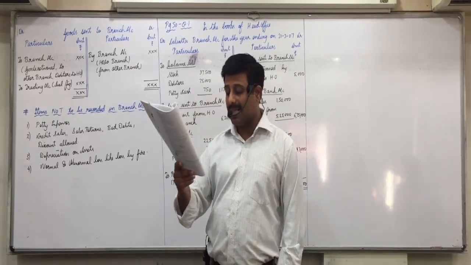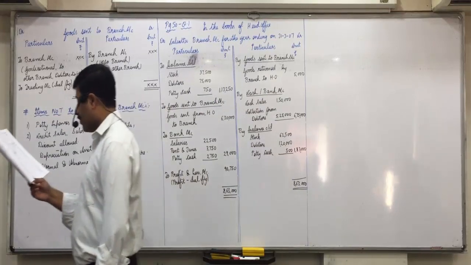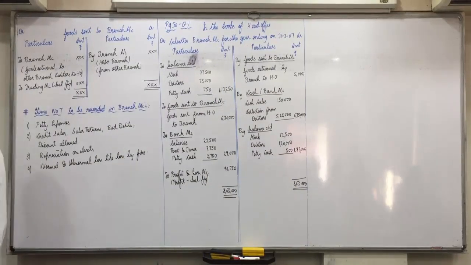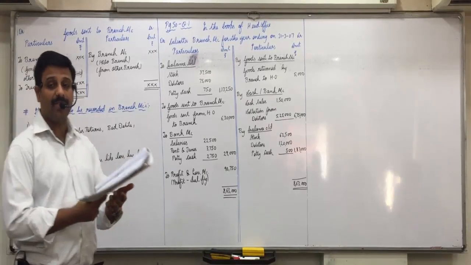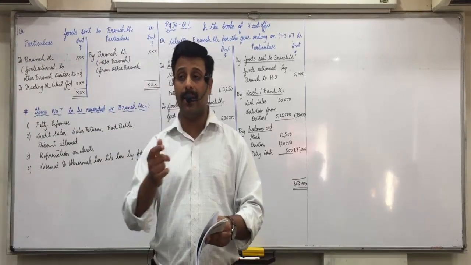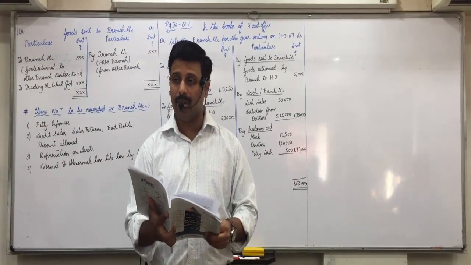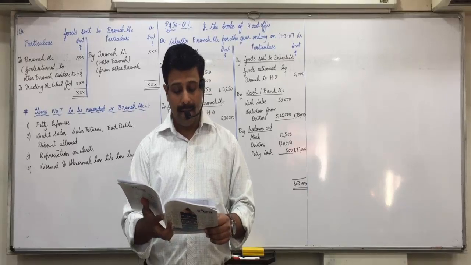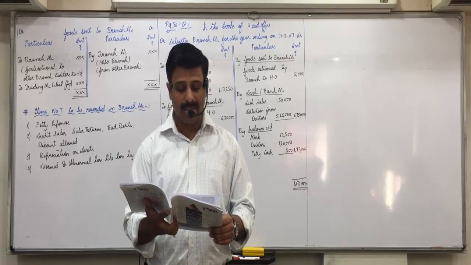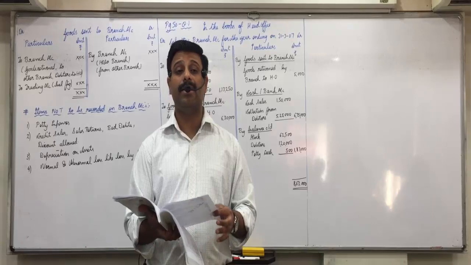Tommy Brothers has a branch at Mandvi. Head office sent goods to the branch at cost on the condition to effect sales for cash. What means they will not have debtors in the question. Particulars relating to the branch for the year ending 31/3/15 are as follows. Now we are not reading it, we are directly solving it, and I'll ask you, you must be able to answer where should it be recorded. Just look at the end. Prepare necessary ledger accounts in the books of head office for the year ended 31/3/16.